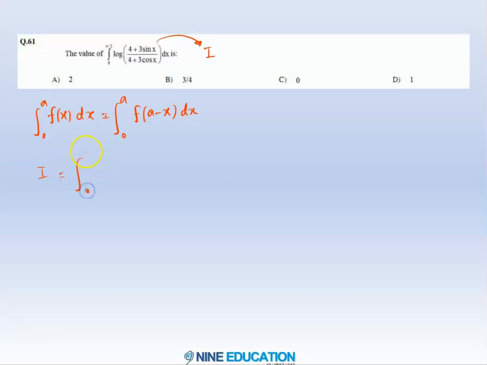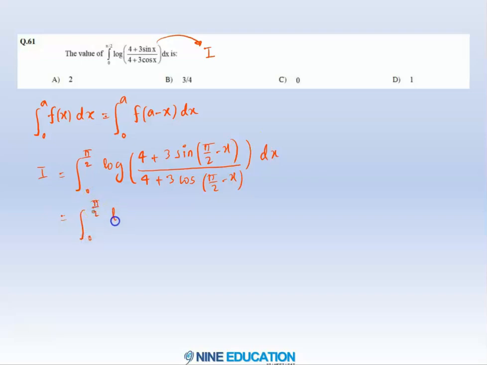So I can write I is equal to 0 to pi by 2 log 4 plus 3 sin, and 0 plus pi by 2 is pi by 2 only, so this is pi by 2 minus x, and denominator will become 4 plus 3 cos of pi by 2 minus x. Okay, so this is dx here. Now this becomes 0 to pi by 2 log 4 plus 3 cos x divided by 4 plus 3 sin x. Now if I consider the given question as equation number 1 and this expression as equation number 2, and